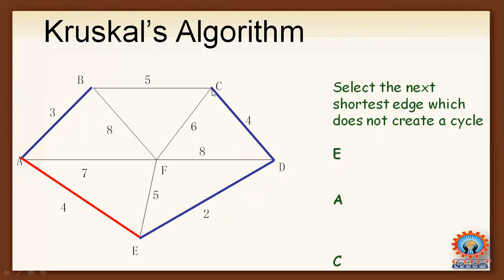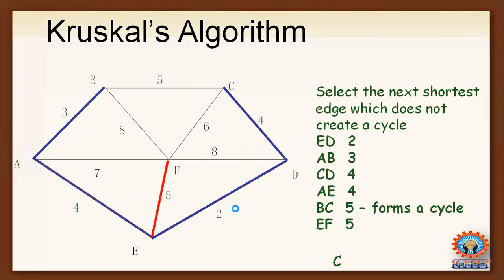The B to C edge and the E to F edge have the same equal weight of 5. So here you cannot select the edge B to C. Why? Because if you select the edge B to C, a cycle will be formed. So hence a cycle should not be formed in the minimum cost spanning tree. So ignore the edge B to C, hence consider the minimum cost edge E to F next. Consider the minimum cost edge E to F.